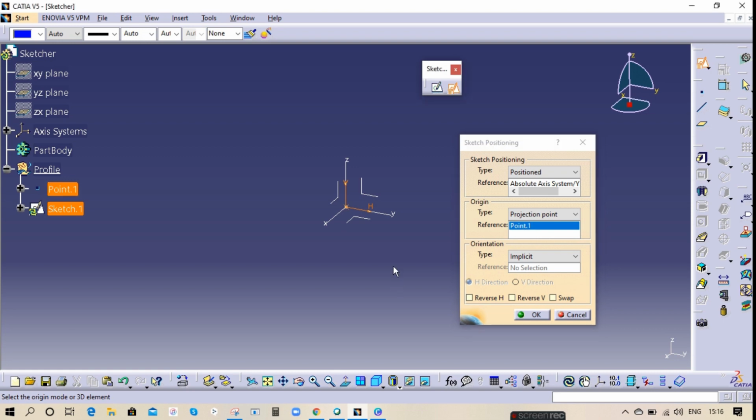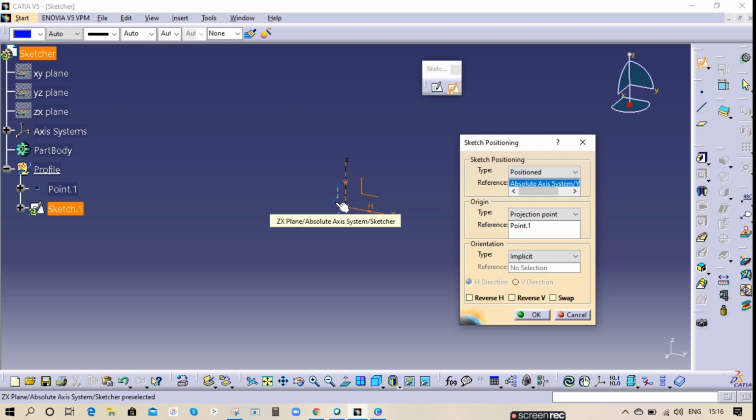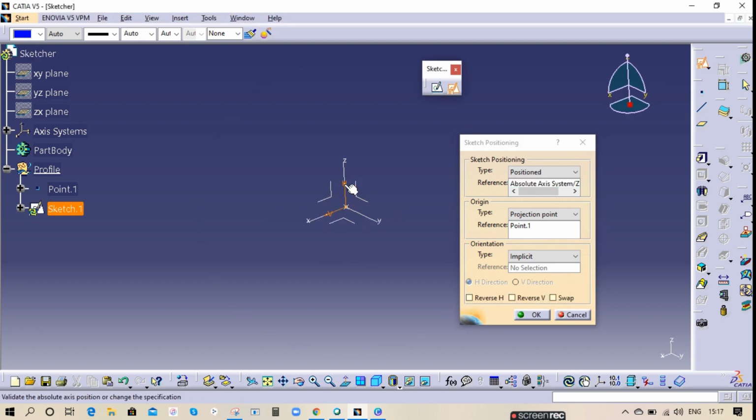So now we see how the sketcher and sketcher tools will work. And one more thing here, reverse H, reverse V and swap, how these options are going to be used. See here, position, we used this position sketch, right? Always this is the vertical and this is the horizontal. Remember, always this is the vertical and this is the horizontal, right? So suppose if you want your sketch in this direction, see now this has become a horizontal and this has become a vertical. This is wrong, right? So first we'll swap it and then reverse H. See, this is how my sketch should be. Now I'll select OK.